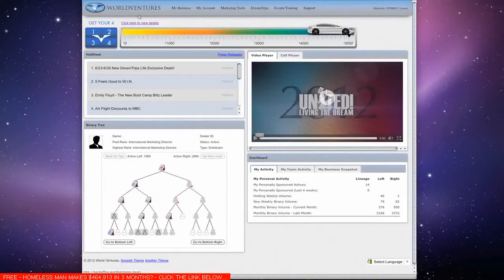Our business is growing rapidly today. We want to make sure that World Ventures systems and technology are here, dependable, long-lasting, and always something you can count on to maintain your business in the background without you having to worry. One of the great features about this entire system is that it works on any device, as I described before. But not only does it work on any device, it optimizes its work on any device. So, depending on the type of screen that you have, whether it's a very small screen or a very large screen,